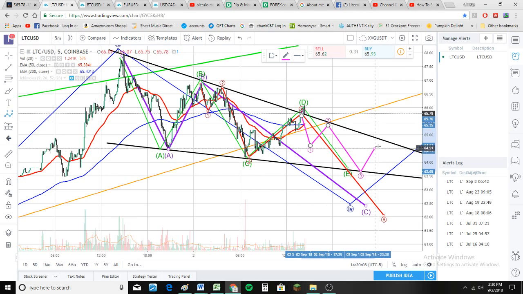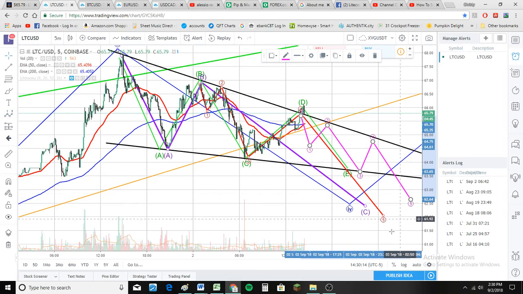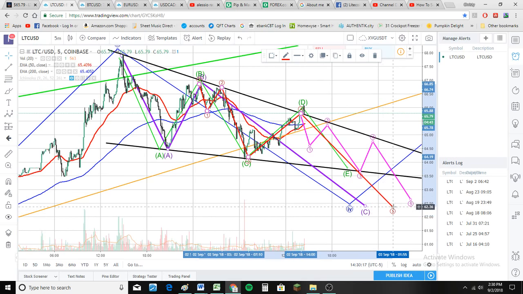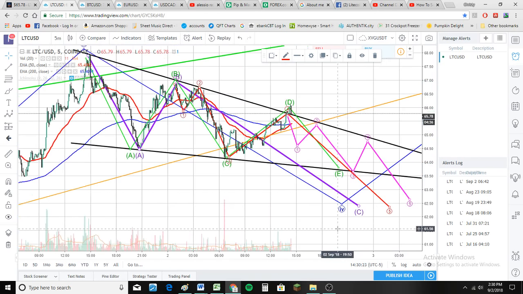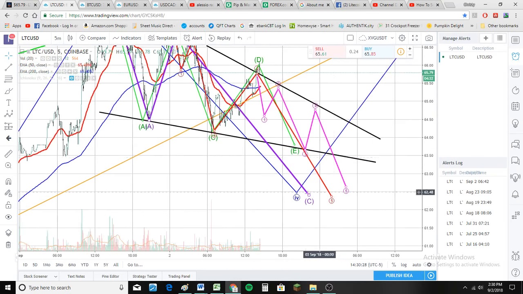And then 4 is going to end up coming here, testing this 1 range again, and then your 5th wave is going to come down here. So it's going to look like there's a breakdown or a breakout down of that triangle. And then what's going to end up happening is once that breakout happens, it's going to finish that